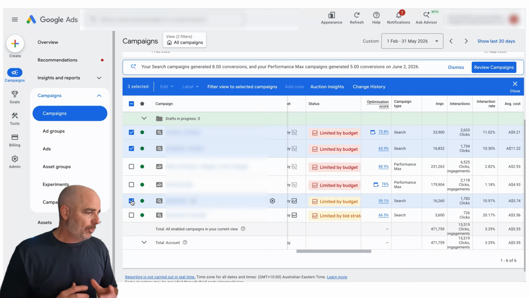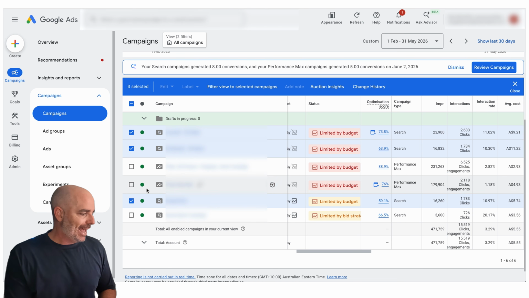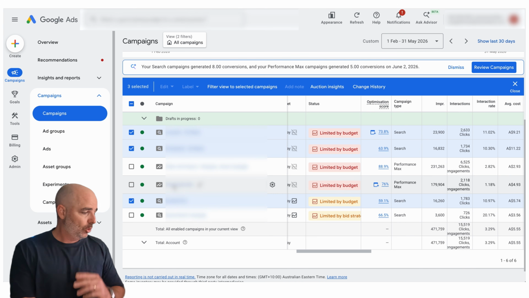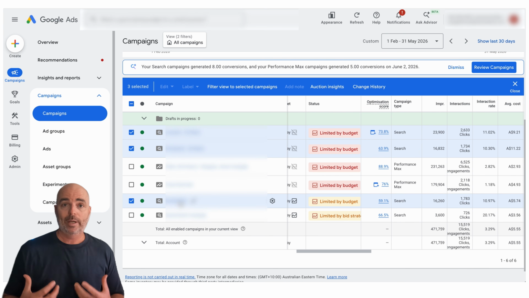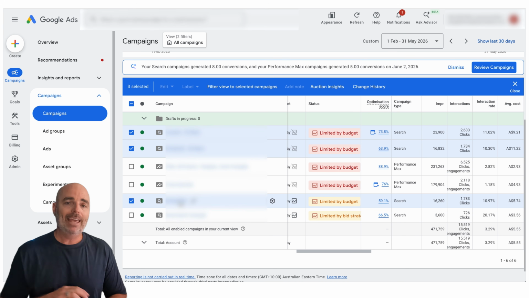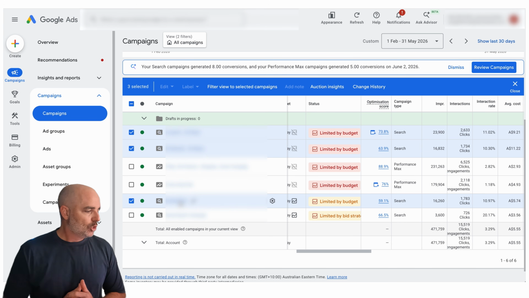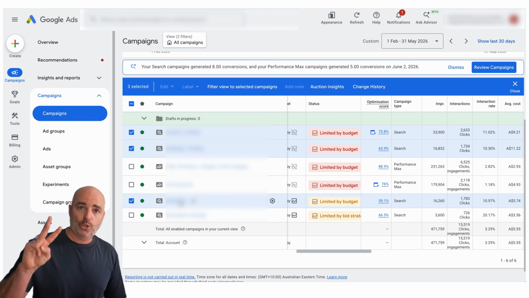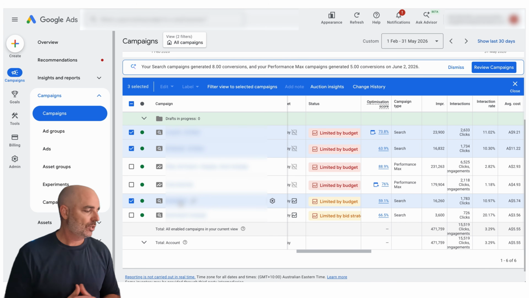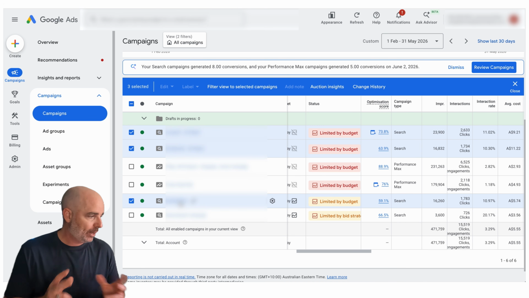The reason why we've broken out this one is that we have a Performance Max campaign, which has 3 asset groups, focused on their 3 core categories. And then they've got a search campaign for each of those categories. And then they've got another Performance Max campaign, which targets those other 7 categories. The reason why we've only broken out those top 3 categories really comes down to the core drivers of their business. The reason they needed search campaigns as well to support is because for each of those product categories,